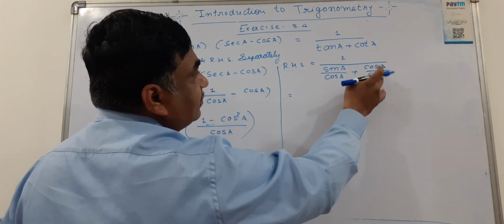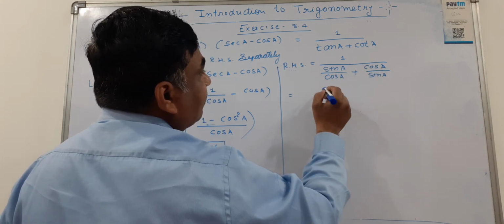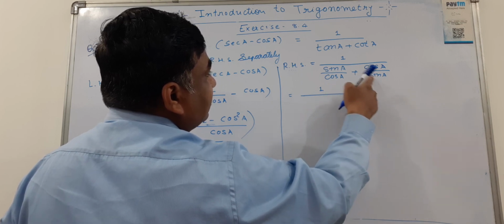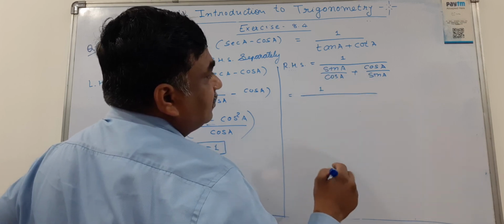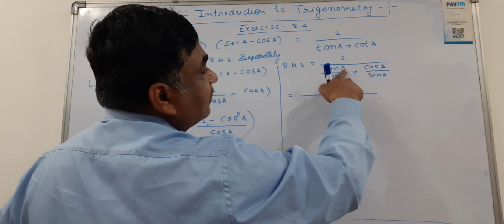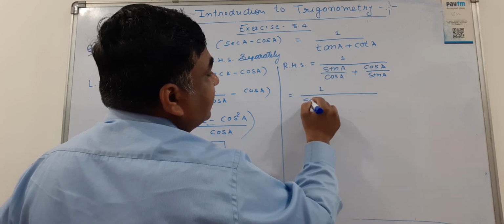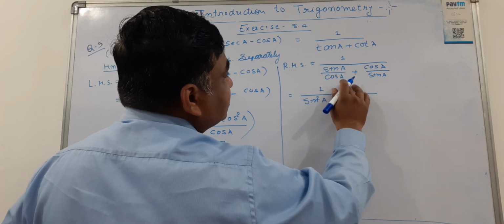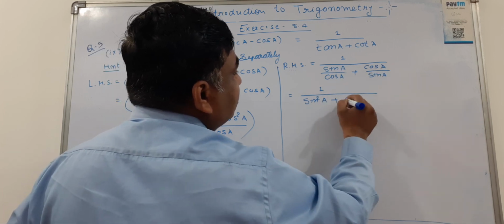So, we can take the cross multiplication of the LCM. So, sin A will multiply with sin A, so sin square A, plus this cos A will multiply with this cos A. So it will be cos